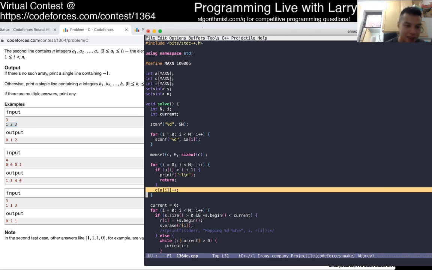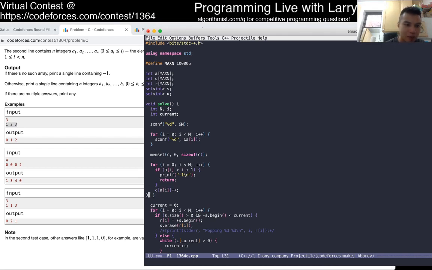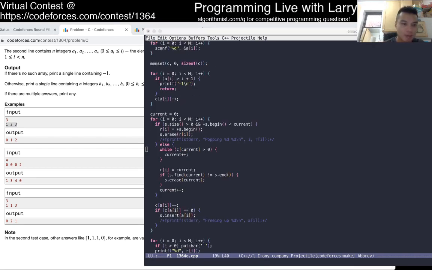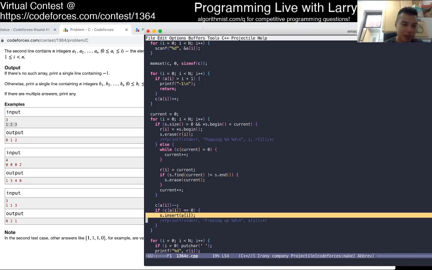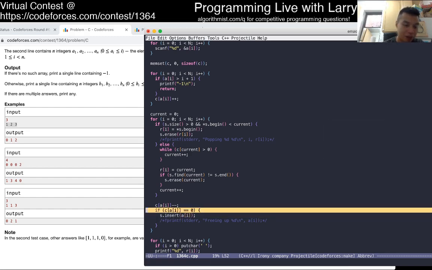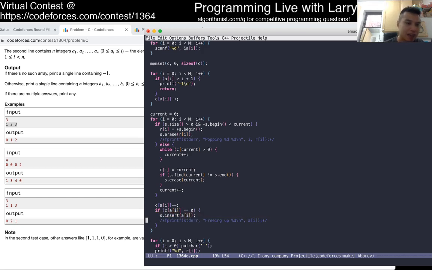And then once we process those numbers, we allow them to be used again, which is that we subtract numbers from the numbers that we can use, and then at any opportunity that we can, we will use the smallest number that is available in a greedy kind of way.